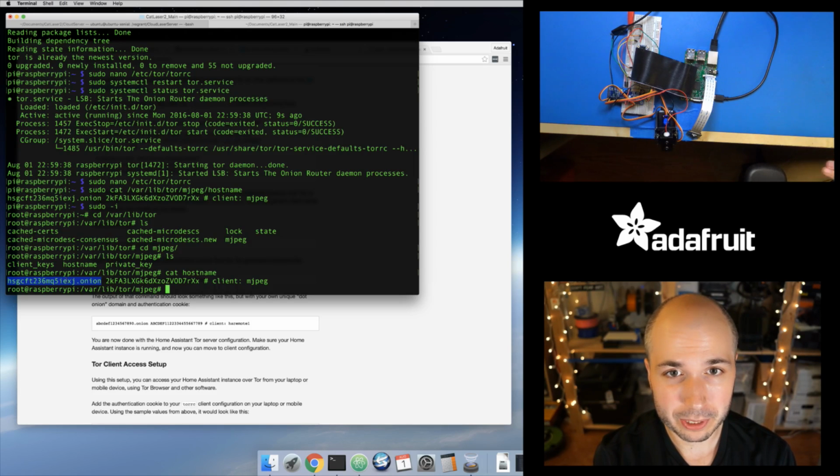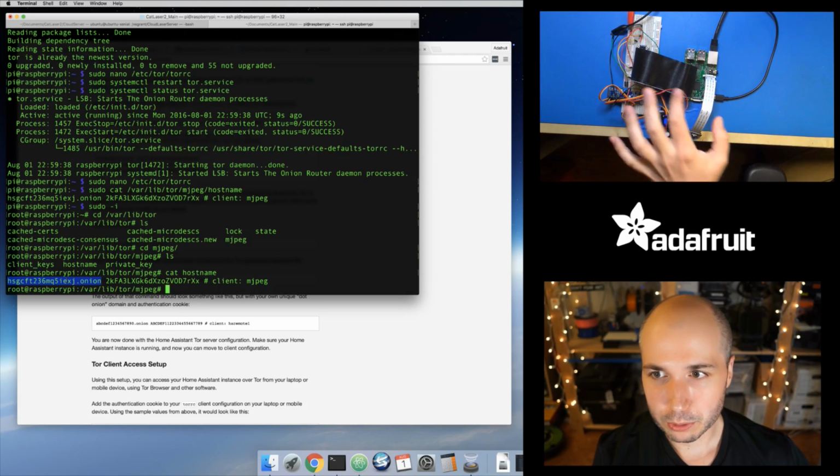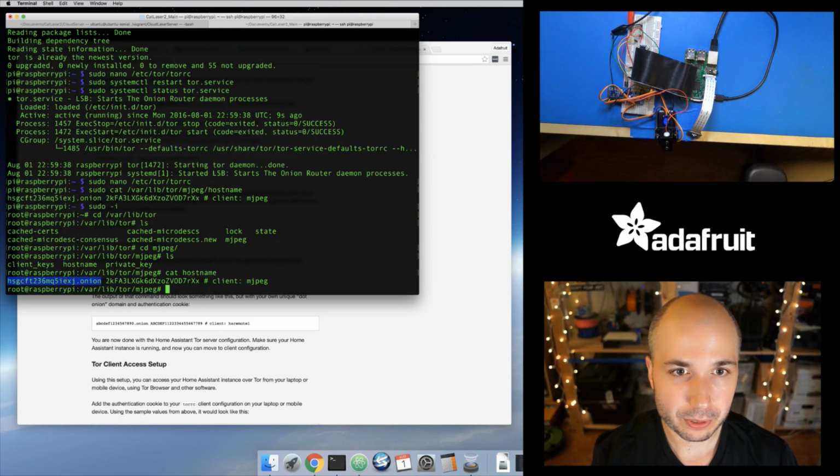The Tor network and the Tor service running on the Raspberry Pi know how to tunnel all of the data from my little local web server that's running this MJPEG streamer over the Onion network without any router config. It tunnels it over SSL, I think. It encrypts it all these different ways. So really cool. I haven't done anything. I haven't even touched